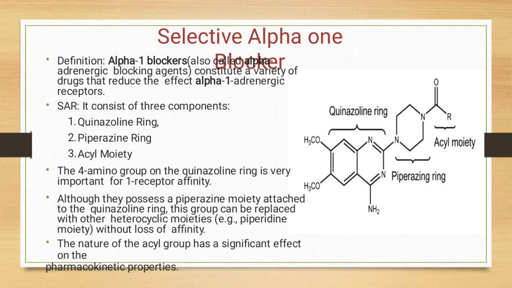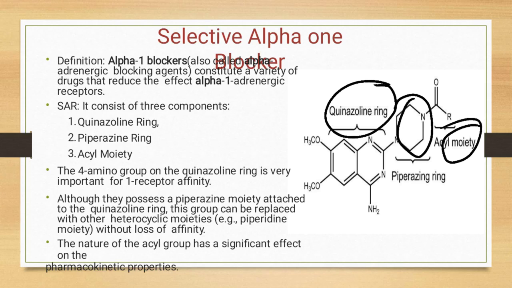These selective alpha 1 blockers block the alpha 1 receptor. Hence, they reduce the effect of the alpha 1 adrenergic receptor. As we have seen in the structure, they consist of three groups. First one, quinazoline ring. Second one, piperazine ring. Third one, acyl moiety. Out of these, the amine group which is present at the fourth position